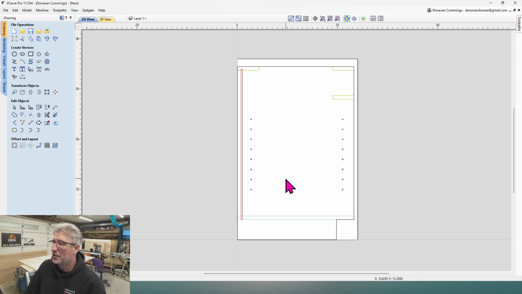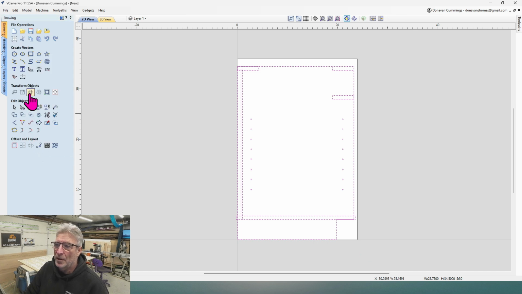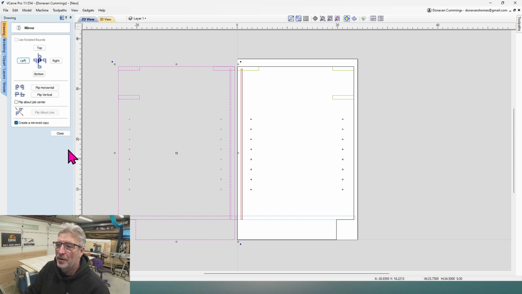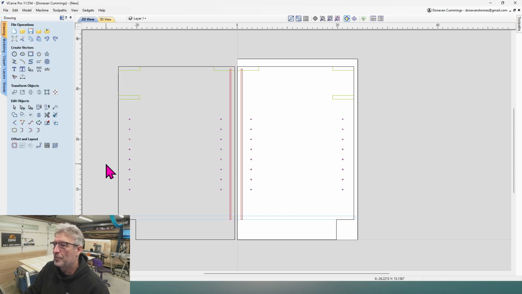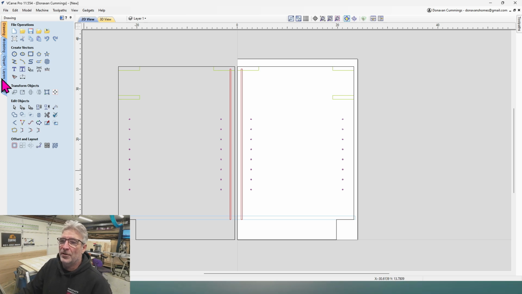everything for our sides. At this point, if you're facing the cabinet, this is going to be the right side of the cabinet. So now we need to create the left side of the cabinet. So what I can do is I can grab everything that's in here, go up to drawing, and then I want to create a mirrored image. And I want to go to the left. There we go. I have a mirrored image now. So I have an identical right and left,